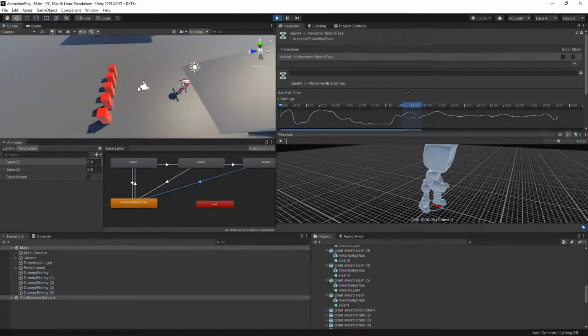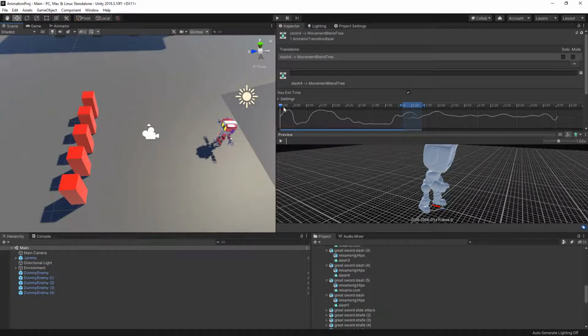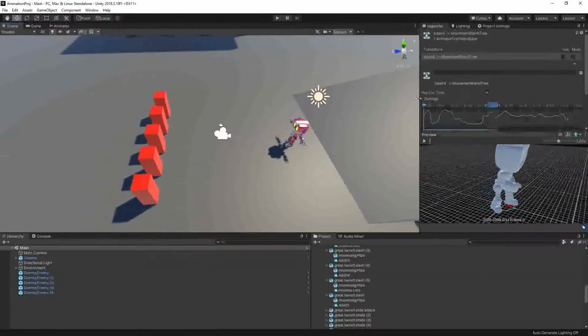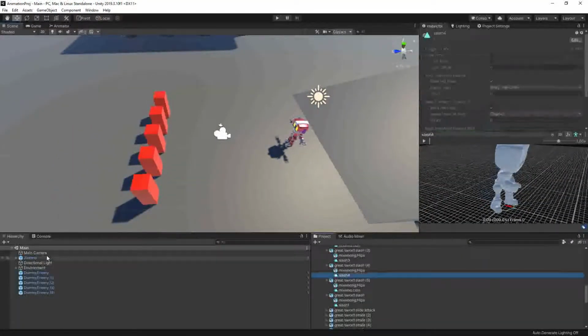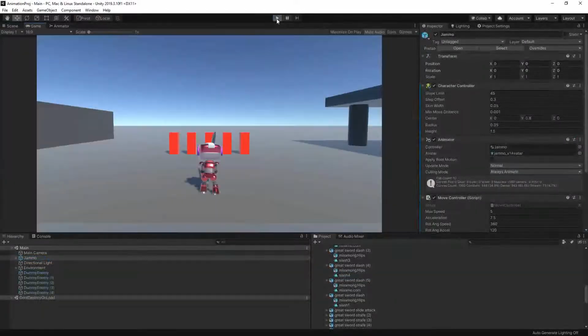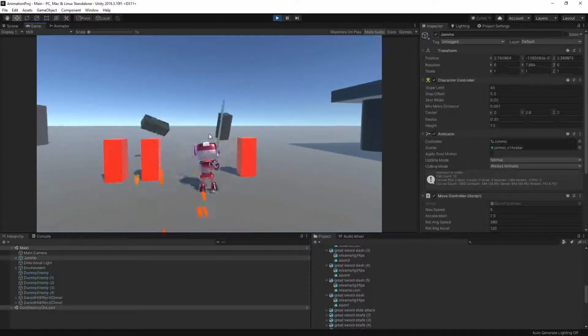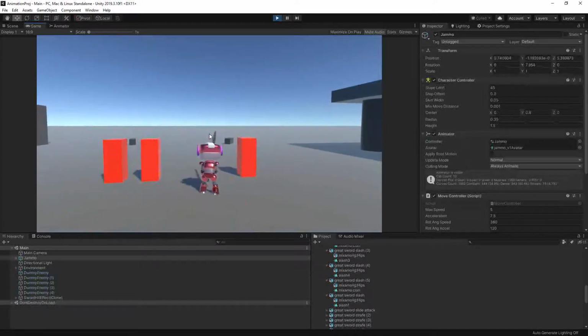I don't know why we cannot move this. There we go. So I think it looks cool. I think it's nice, and we've been able to change